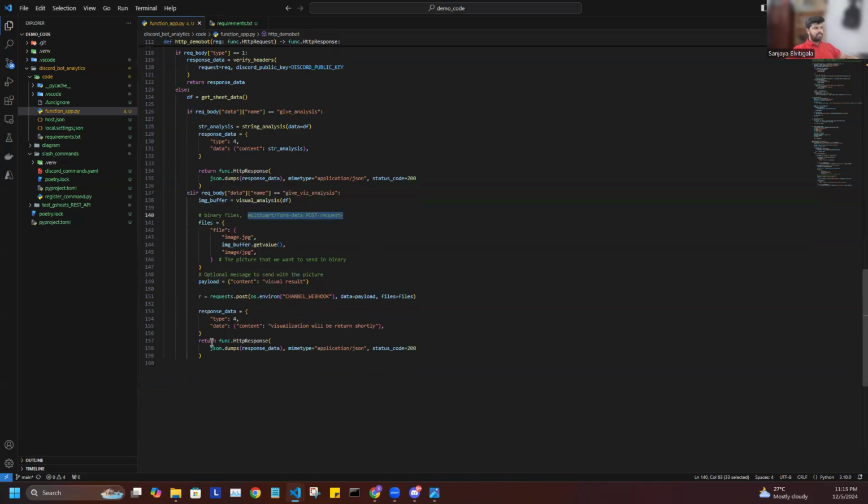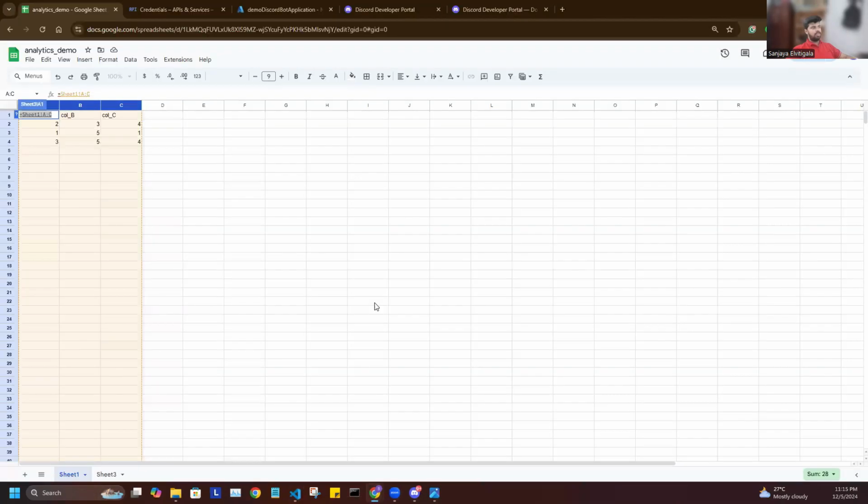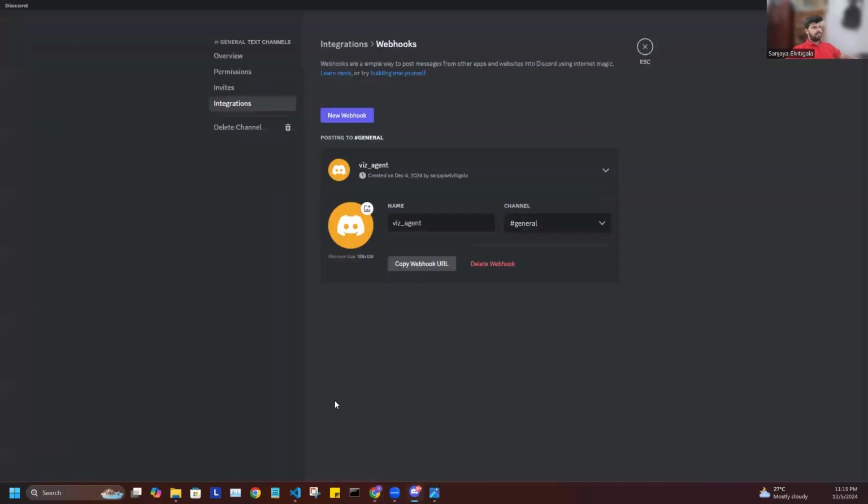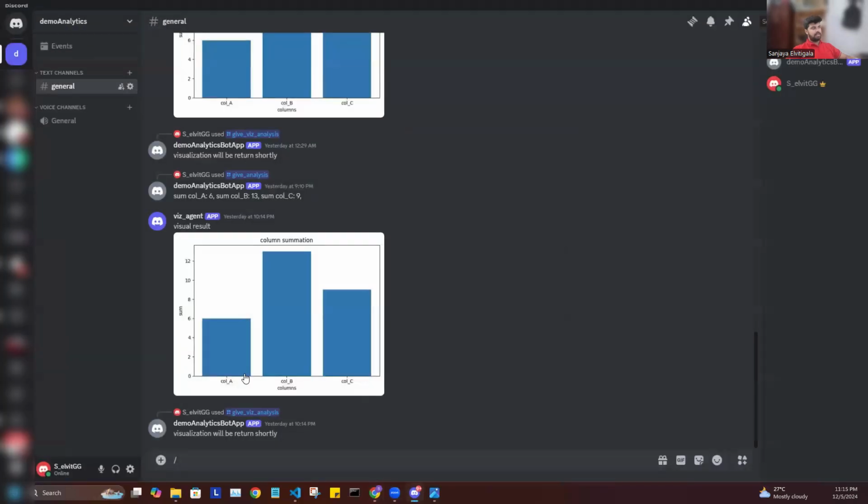All right, so in this way, you will make a separate response request. And you also want to make sure that you return another response to the general Discord API as well. Otherwise, you will get something like an application error. Like if you give that particular Discord command and you don't give a response, it will